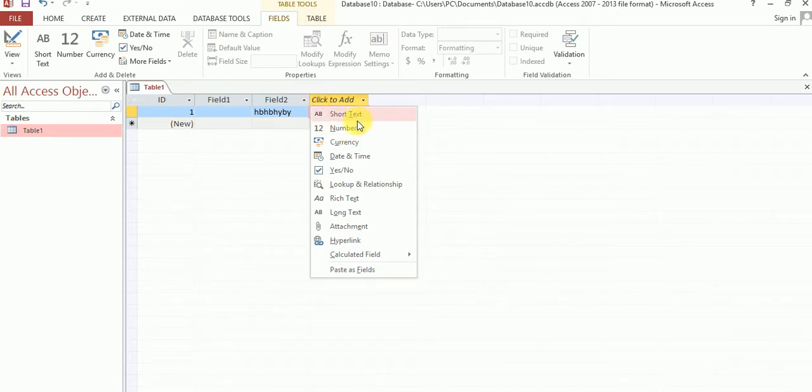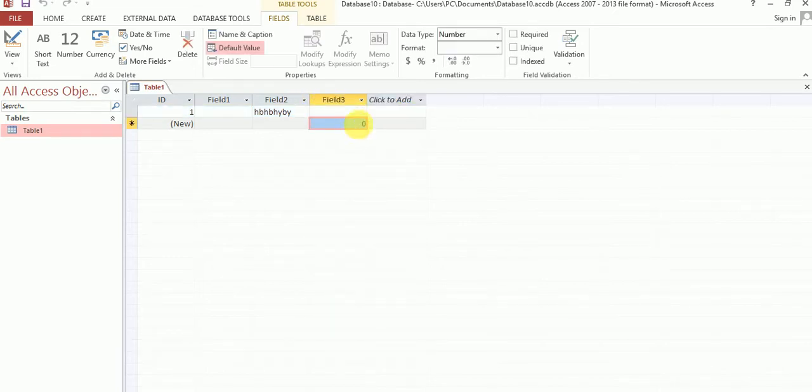Suppose number: you can see it is automatically 0, which means a digit number. You can put only digit numbers here, so now 5 6 7 8. This is called a record.